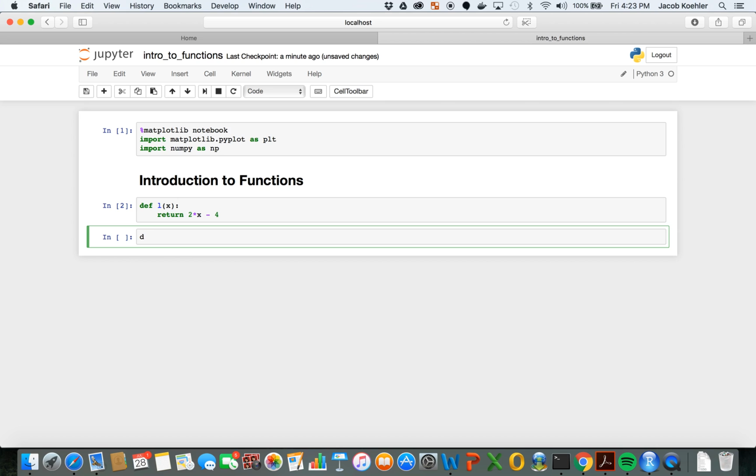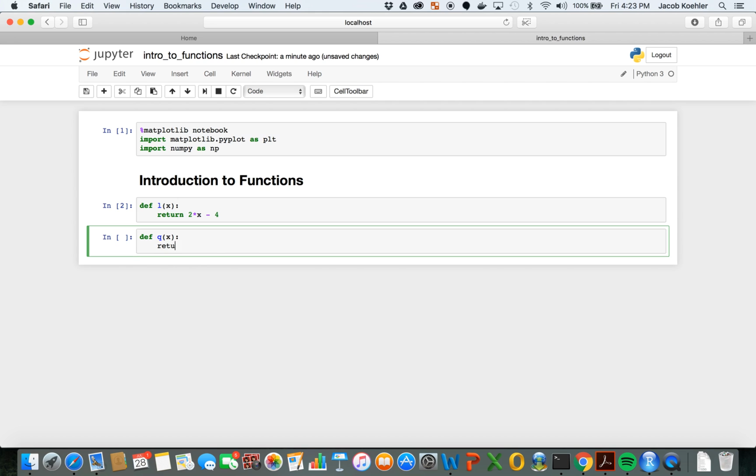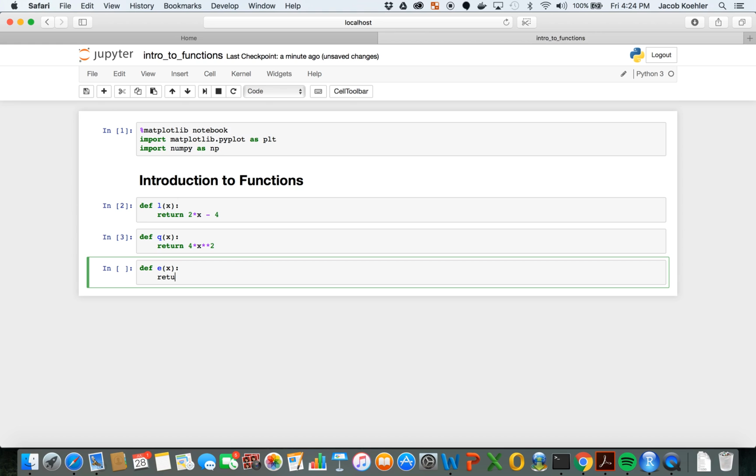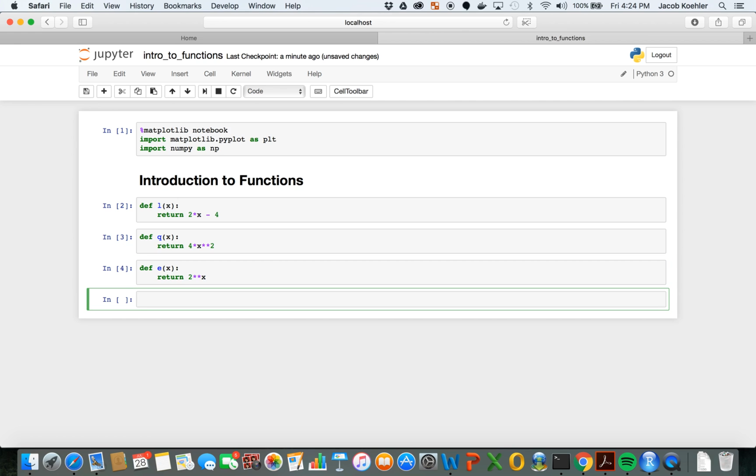I'll define a quadratic function, def q of x, and return 4 times x squared. And we'll define an exponential function and return 2 to the x. And now what I can do is I can evaluate any of these functions for a